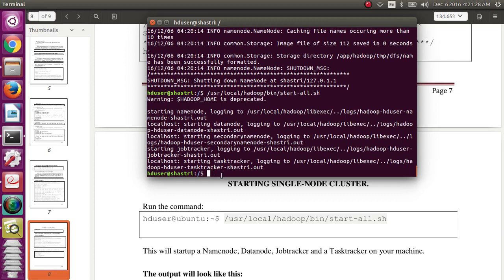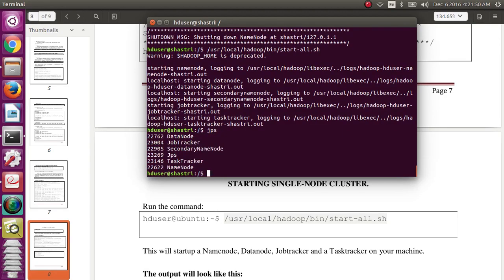Just check whether the data node, name node, job tracker, task tracker, and secondary name node are running or not. That can be done with the help of the command jps. jps is the Java Virtual Machine Process Status tool. It lists all Java related processes running in the system, either in the background or foreground.